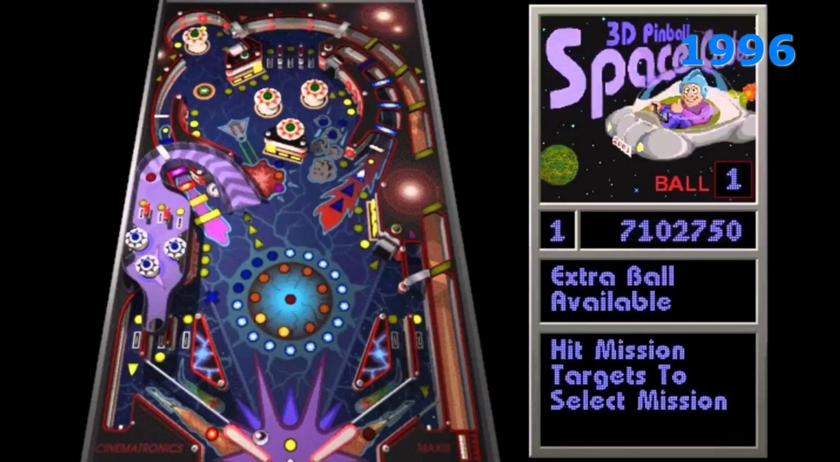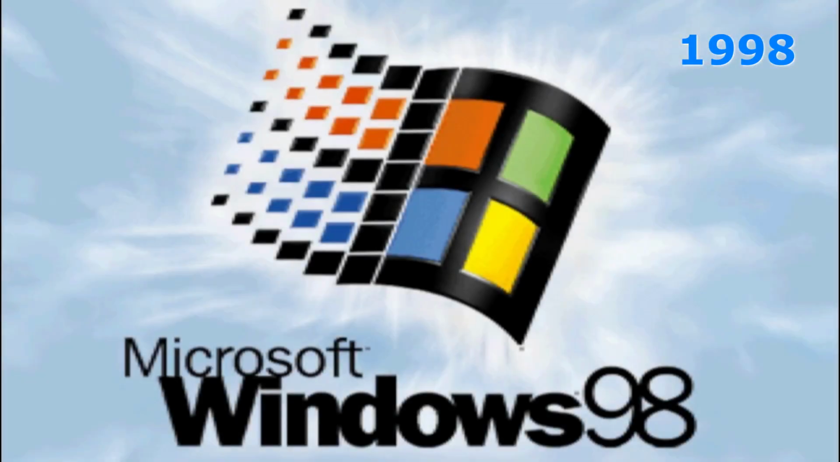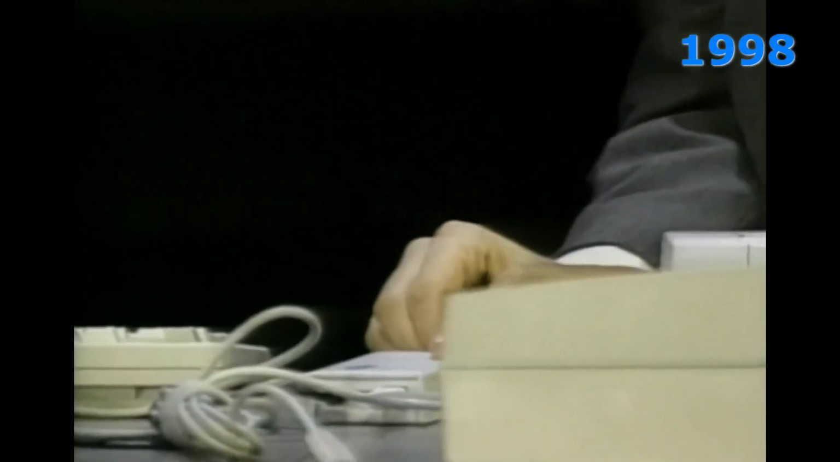4.0 introduced DirectX as a standard and, in addition to games mentioned previously, came with Space Cadet Pinball. The next edition was Windows 98, which was intended to come with better hardware support using Windows driver model and